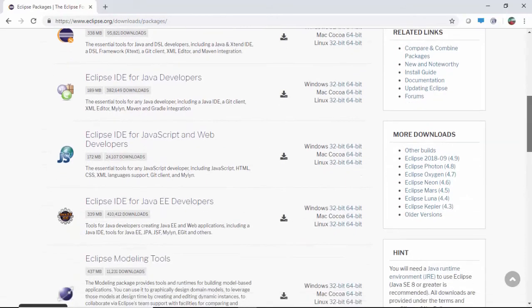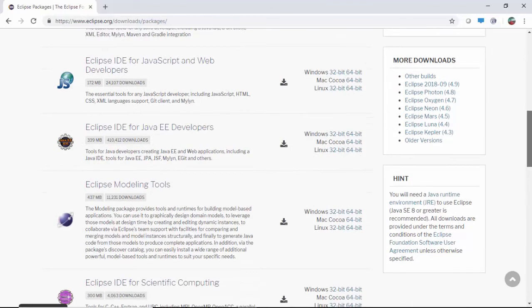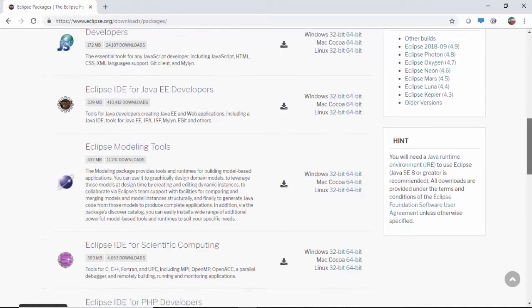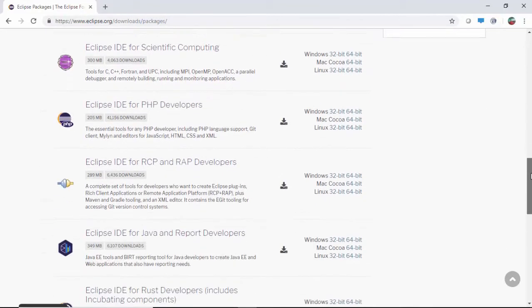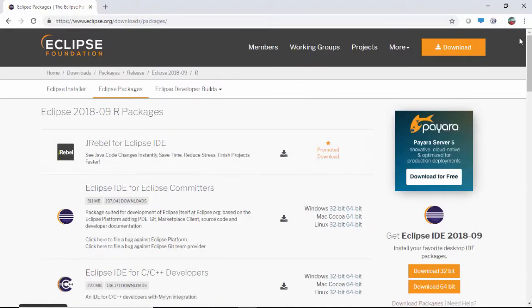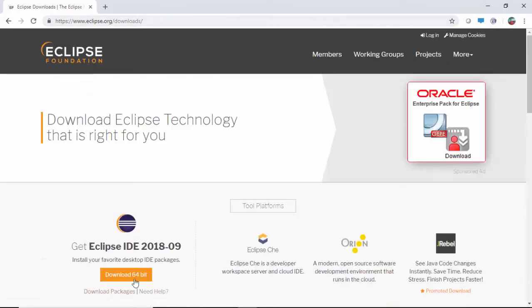I'm not going to go through all of these because I'll leave this to you to determine exactly what you want to download and what it's actually for. But just know that you could pick your package here, and there's just a ton of them that we can actually go through. Now, I'm going to go back and just go to downloads, and I'm just going to go to download 64-bit because it's going to pick my architecture, which is Windows,